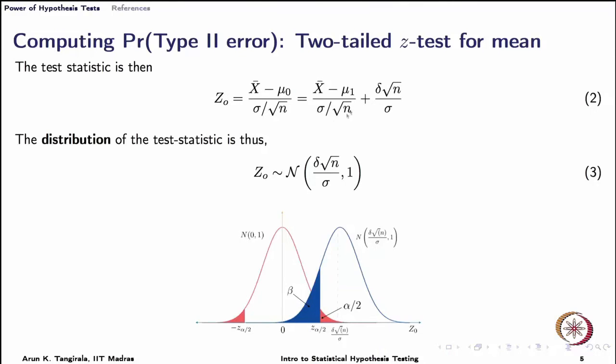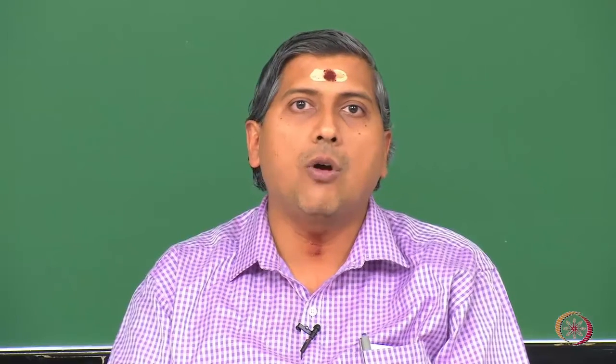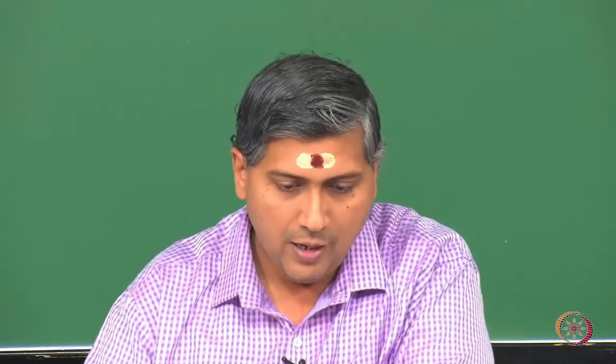The only term that contributes to the standard deviation is the first term, and once again, since x bar is coming from a population with mean mu 1, this standardized sample mean has a variance of 1, or standard deviation of 1. In other words, this difference between the truth and the postulated value has only caused a mean shift in the observed statistic, but otherwise the standard deviation remains the same.